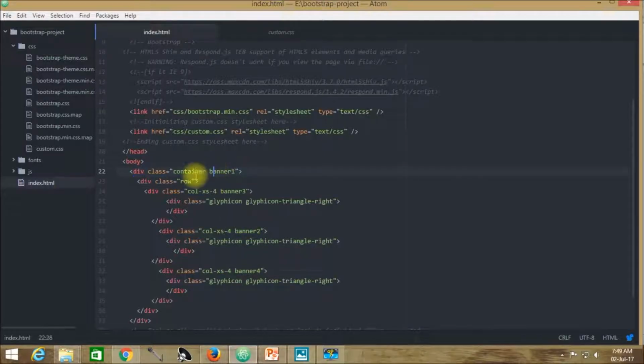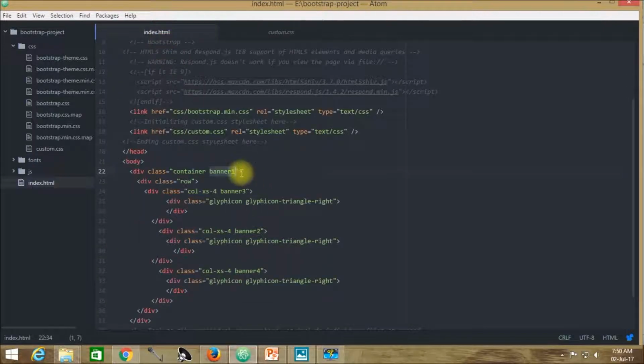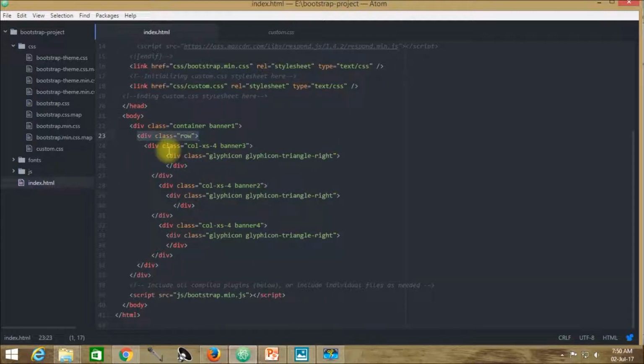Now let's get back to our project. First of all, as we have seen, we have created this container, and a banner has been introduced over here to see what changes it is practically executing. If you get into custom.css, you may see that nothing is provided except this background ff0. That means I have provided some background colors and, if found necessary, some heights for the time being, but Bootstrap practically never allows any height. So for the time being we have provided some height here, and in index.html we have called in the container first, then we have called in the row, then we have called in this col class.